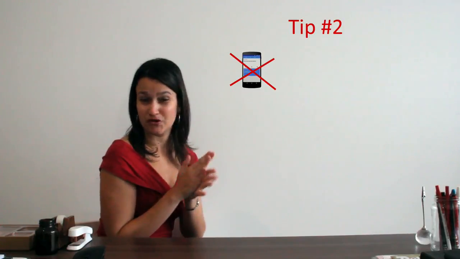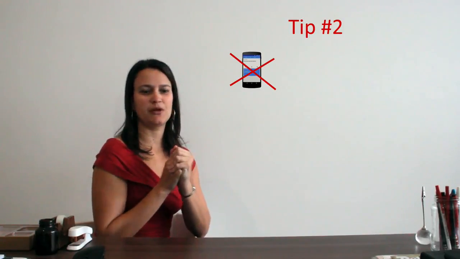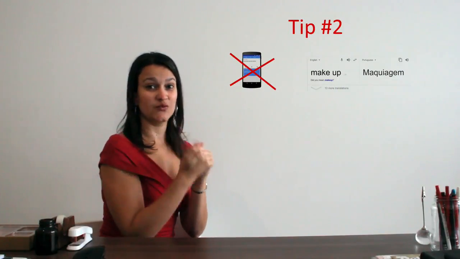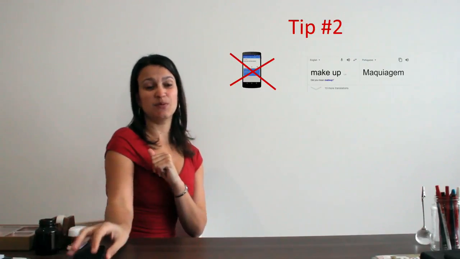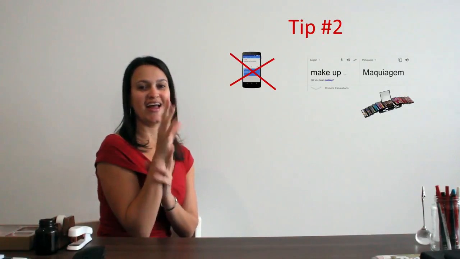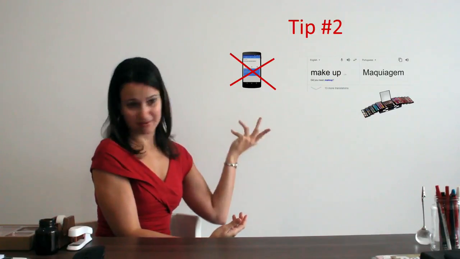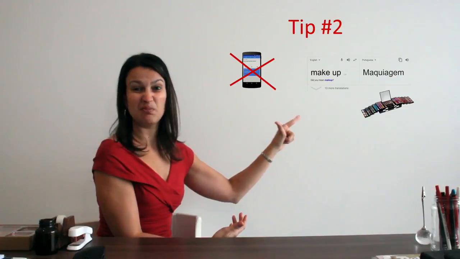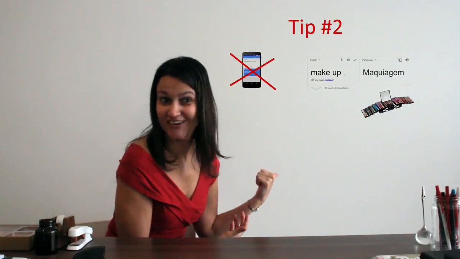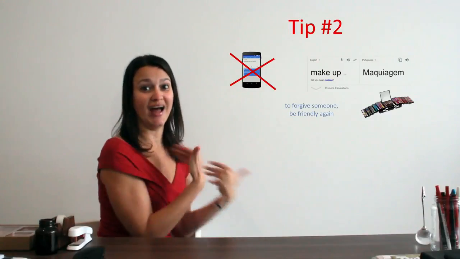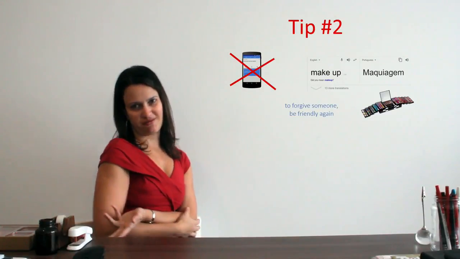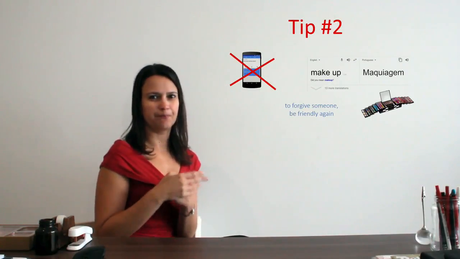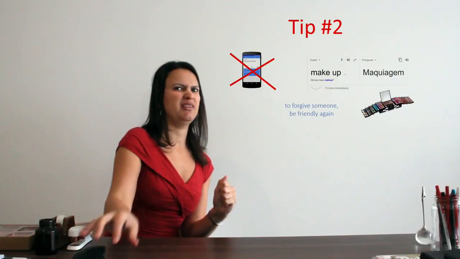So, for example, if you're Brazilian or from Portugal, and you speak Portuguese, and you go over to the translator and type the phrasal verb make up, the last one on our list, this is what you get. As you can see, if you put make up in the translator, it'll give you this meaning, maquiagem, which is exactly the picture. That's not what we want because we know that to make up is to forgive someone and be friendly again in the context we're looking at. That's why sometimes the translators could be a bit dangerous.